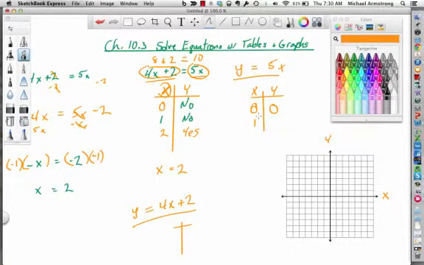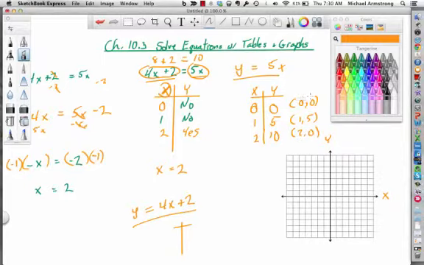Put in another number for x, x is equal to 1. If x is equal to 1, then 5 times 1 is 5, so y is equal to 5. Does that make sense? 5 times 1 is 5, so y is equal to 5. If x is 2, 5 times 2 is 10, so y is equal to 10. And if we were to take these points, they become points like this: 0, 0, 1, 5, and 2, 10,